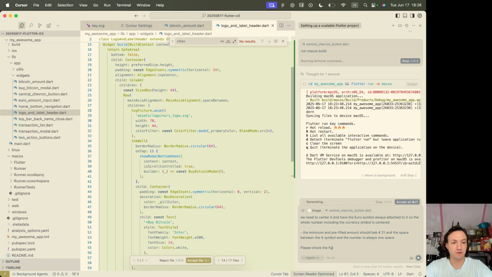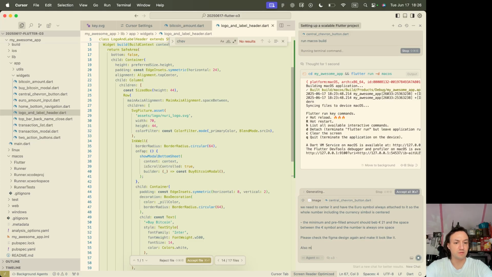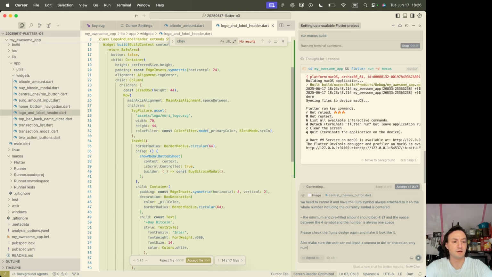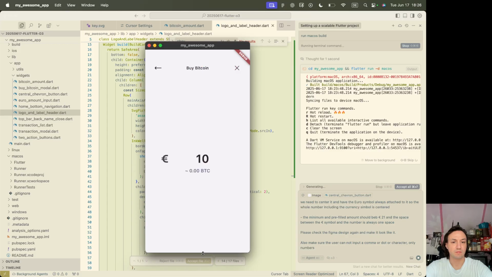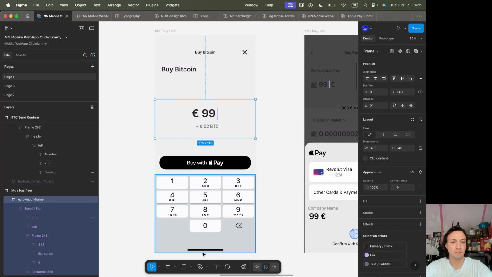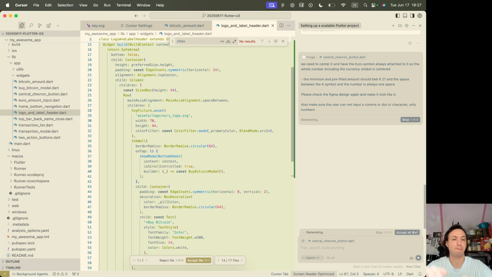Please check the Figma design again, make it look like it. Also make sure the user cannot input a comma or dot or character, only numbers. Yeah, let's try. As you can see,